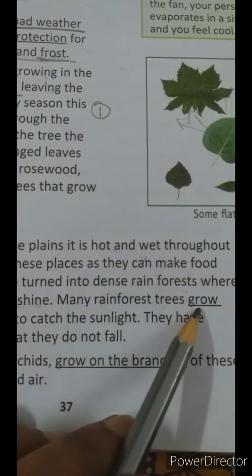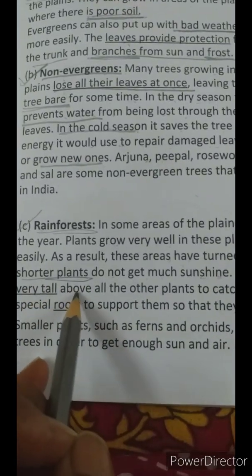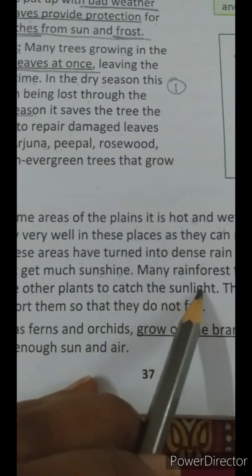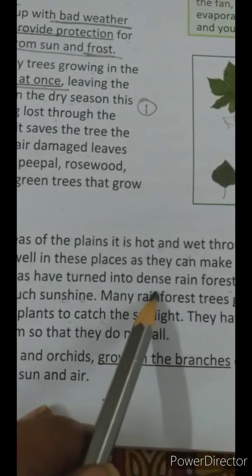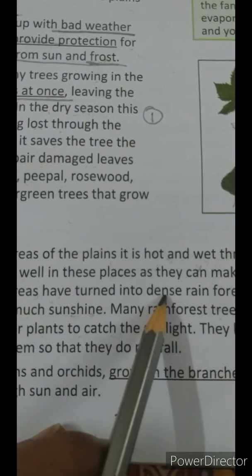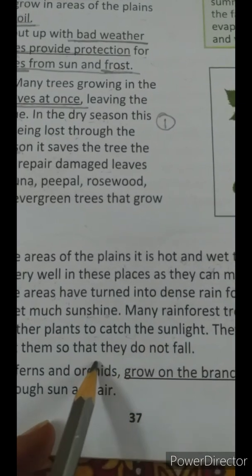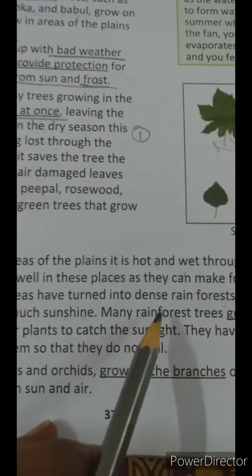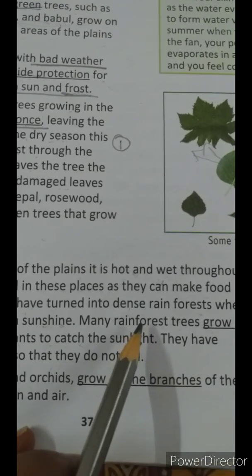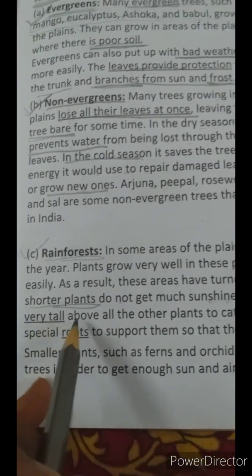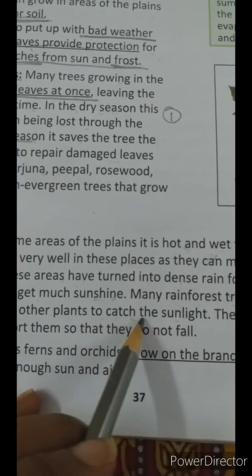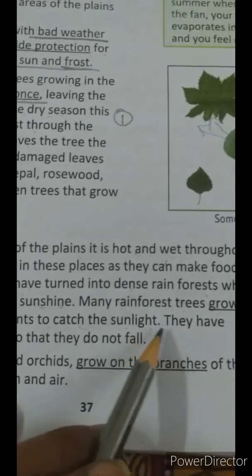Many rainforest trees grow very tall above all the other plants just because they want to catch the sunlight. Because the rainforests are too dense, children, sunlight cannot reach the base of the plant. So most rainforest trees grow very tall, just to catch most of the sunlight.